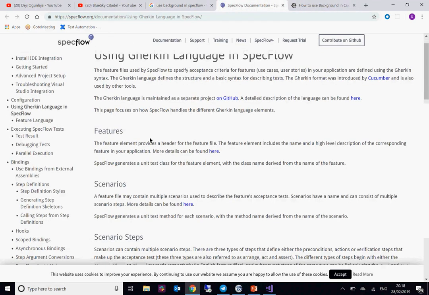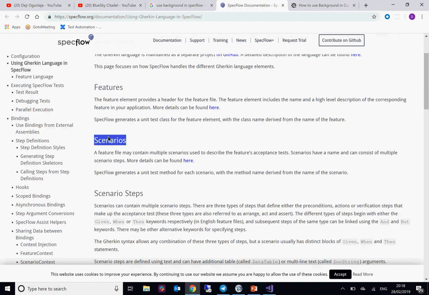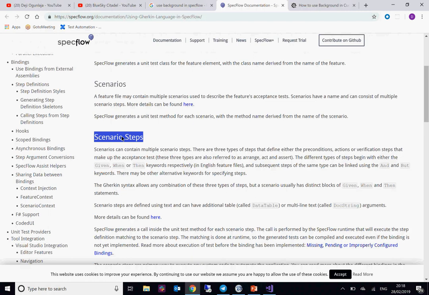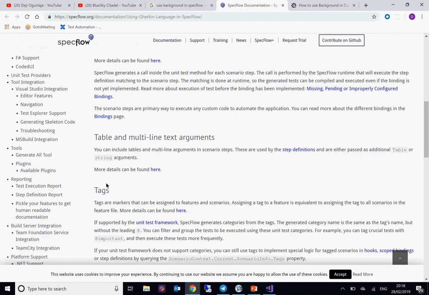Okay, so the topic is how to use Gherkin, right? We've covered the features, how to do fixtures. We covered the scenario. We know about scenario steps using the given, when, then clauses, and I think we've also